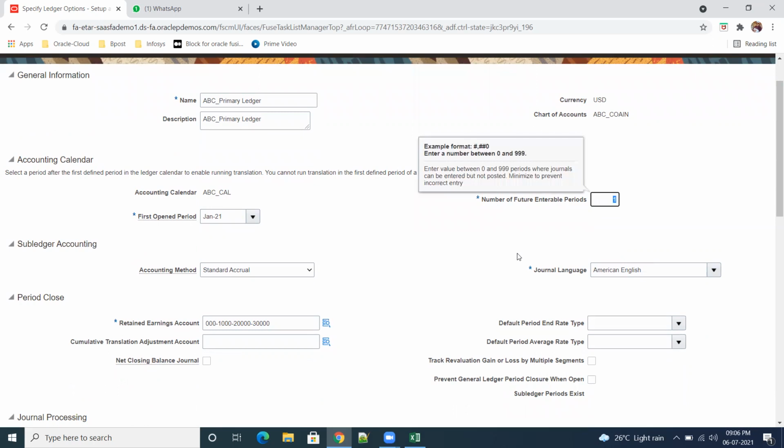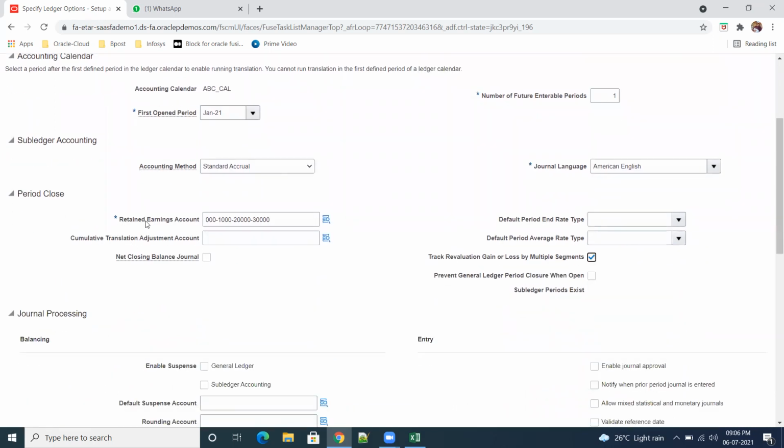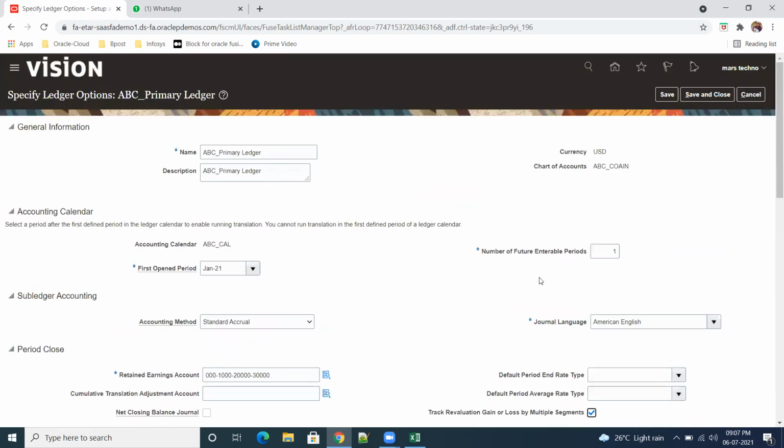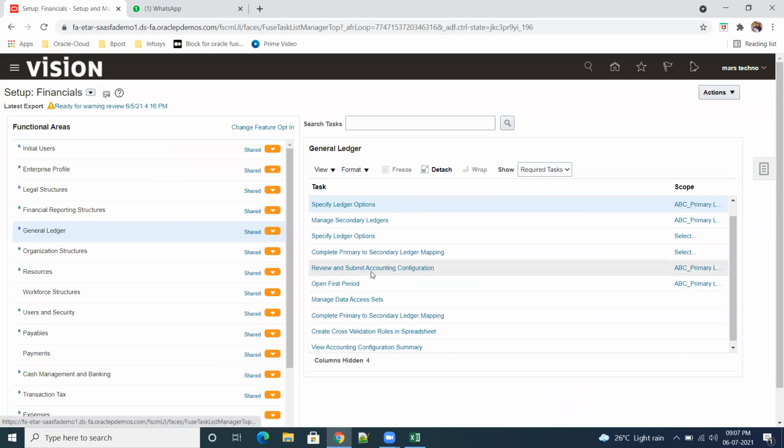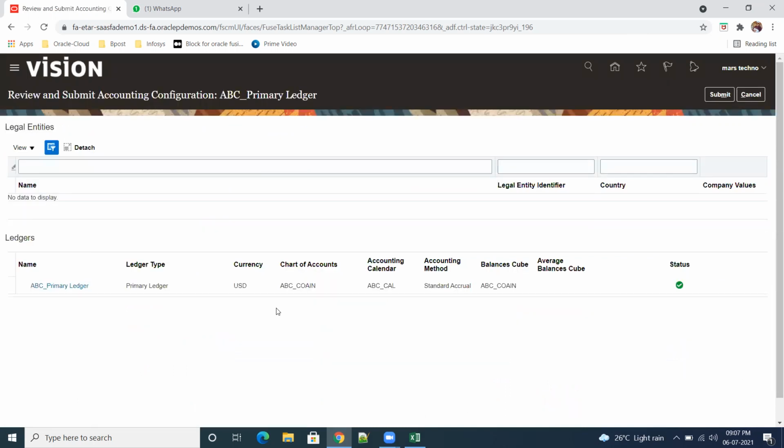Because of avoiding problems with entries in the ledger, they will always go for 1 only. And the retained earnings account I already explained yesterday. So the general ledger is enough, the remaining are not optional. After specify ledger options, we have review and submit accounting configuration. This is the third step. We just need to activate our ledger.